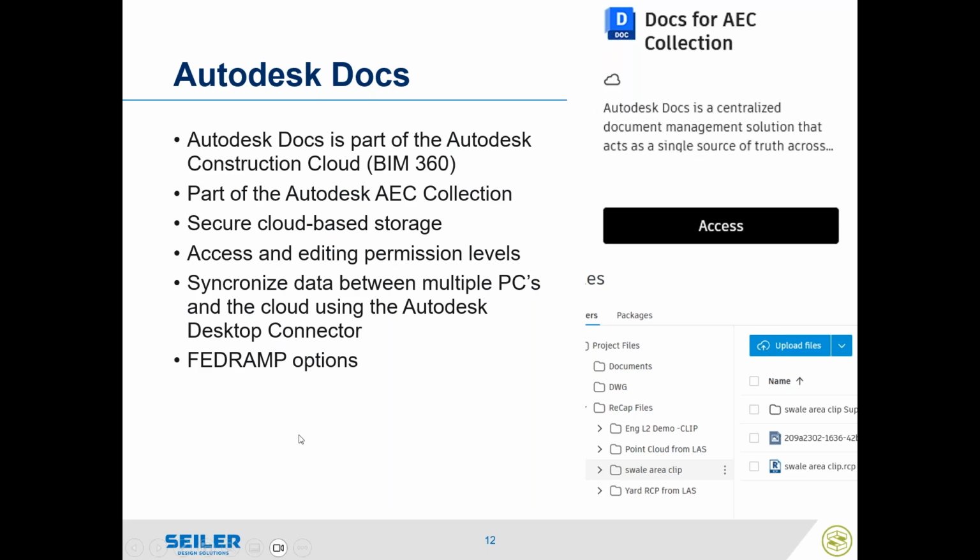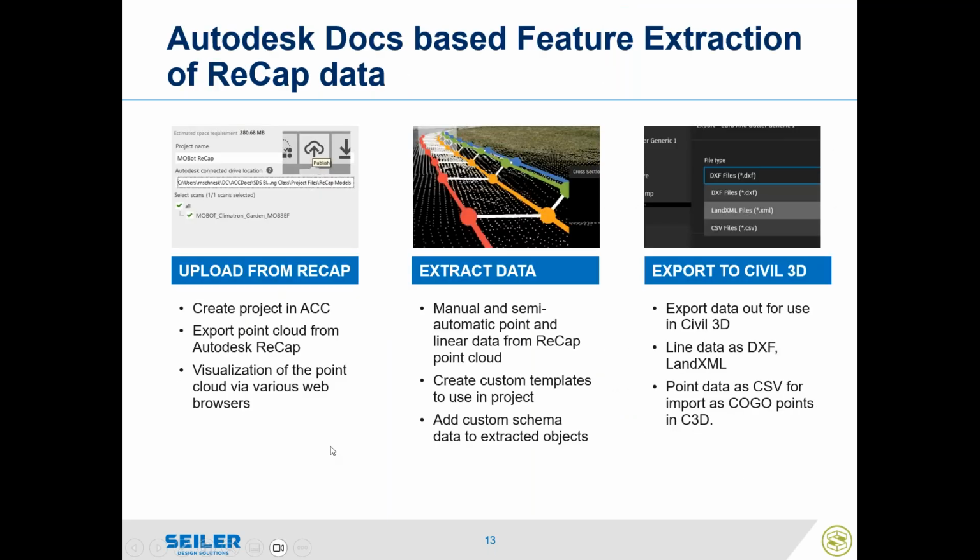Let's see. Next slide. So the Autodesk Docs-based feature extraction. Autodesk has moved their feature extraction. When they originally created Point Cloud feature extraction, they put those tools inside Autodesk InfraWorks. And they're still there by and large. You can just go ahead to Autodesk InfraWorks, import your Point Cloud, and do some feature extraction in there. But it was kind of basic, and it didn't enjoy this new surge that we have with AI